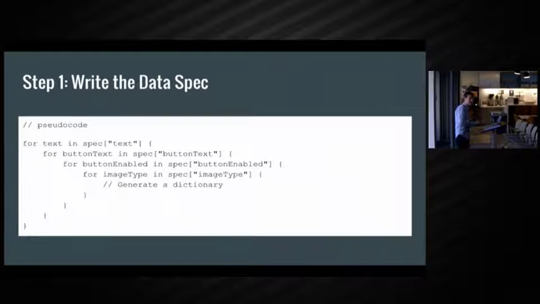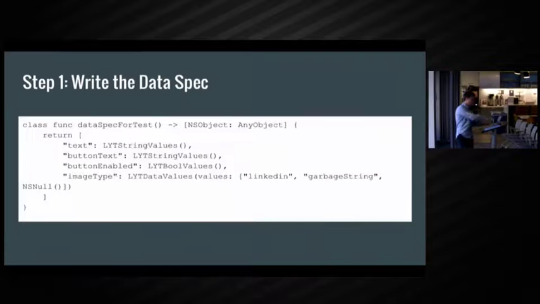Yeah, just a quick question. Is there a way to make a bounds to keep the state space from exploding on the input? In other words, the bounds on, for example, text could be a maximum of 8 characters wide, right? Yes, there is actually. The question was, is there a way to set bounds on these initializers to limit this to a max of 8 characters? There's an optional parameter here to pass in a filter closure. And so you can say, like, filter closure, return $0.count less than 8 or something.